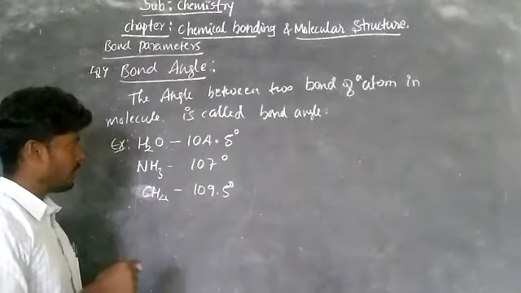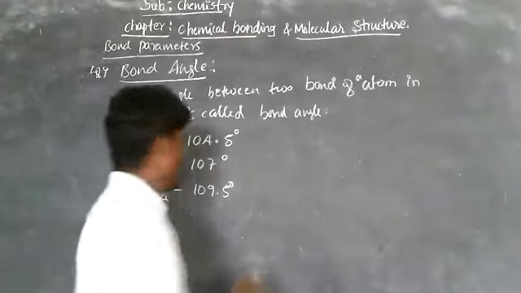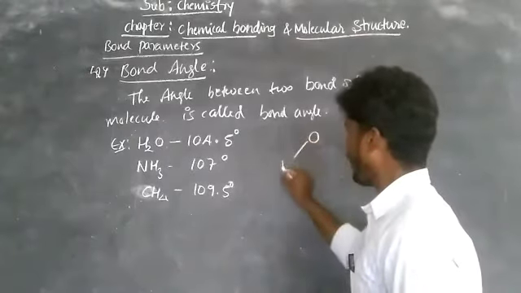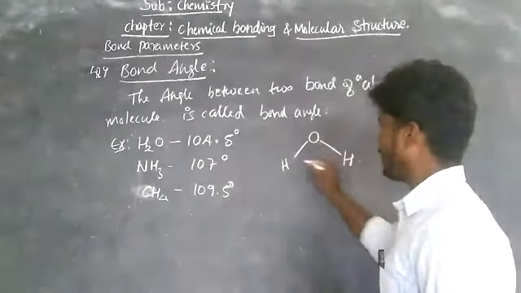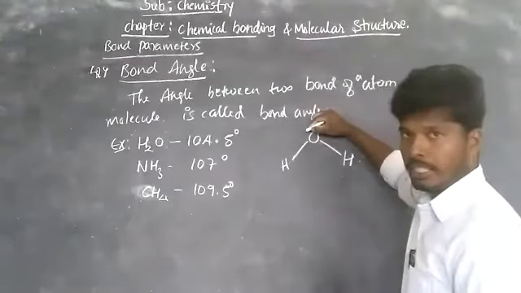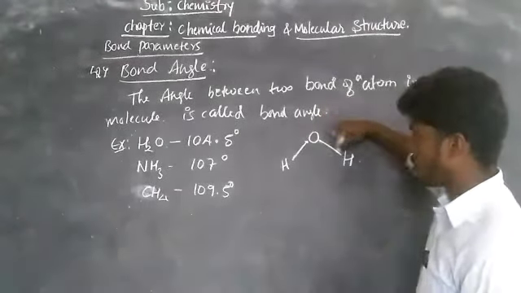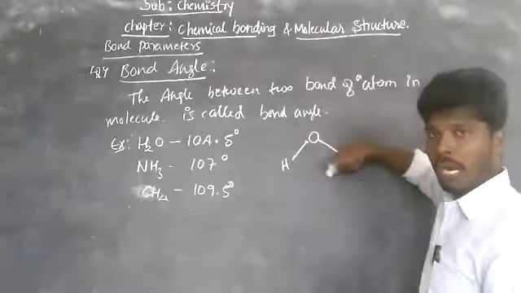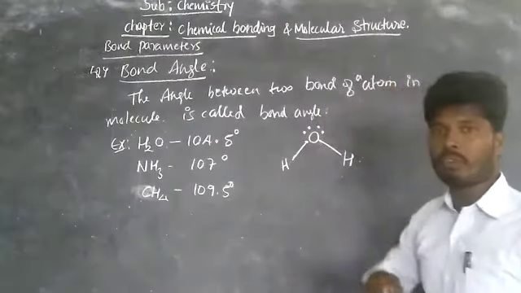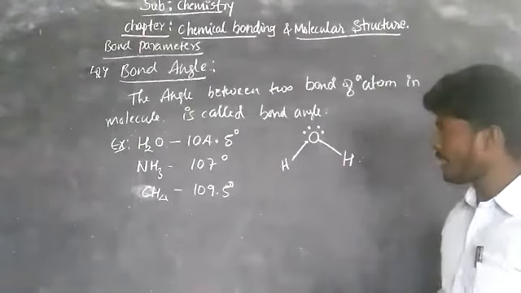Now let's take the water molecule. The structure of water is oxygen bonded to hydrogen, right? This is the water molecule structure. And you know oxygen has 6 valence electrons. Out of 6 valence electrons, 2 are shared to make bonds with 2 hydrogen atoms. Still there are 2 lone pairs, which means 4 electrons on the oxygen atom. This is the Lewis structure of the water molecule, right?